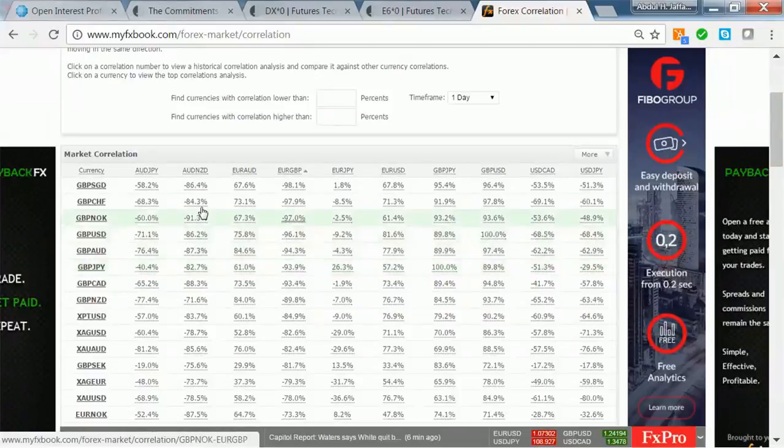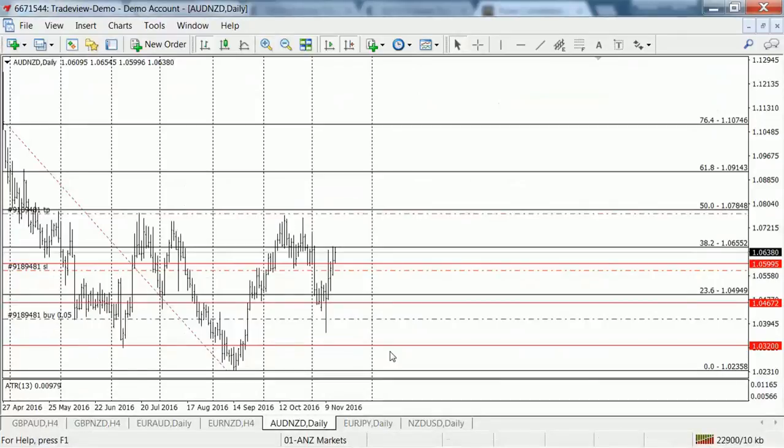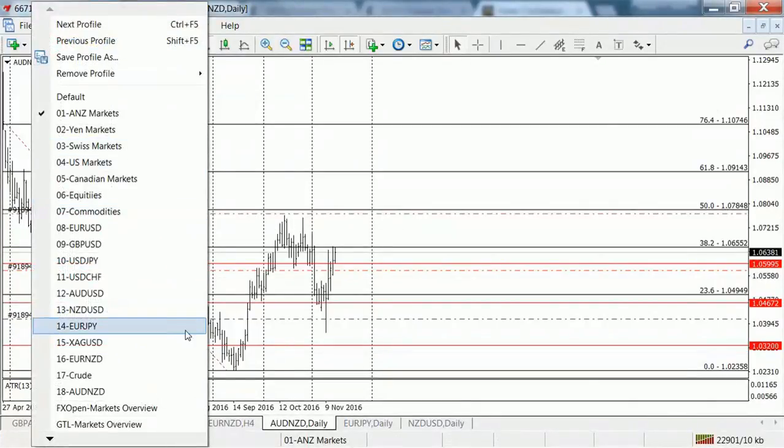So pound yen akan turun. So all of this because pound akan dijual and all of this quote currency akan buy pound. So kita tengok pound. Let's take a quick look lah dengan dekat pound Swiss and major pair. Pound Swiss, pound dollar, and maybe pound yen lah. Okay, let's take a look at that three. Okay, let's go back. So ni kita dah nampak dah berjadi. So this is how you can use currency correlation